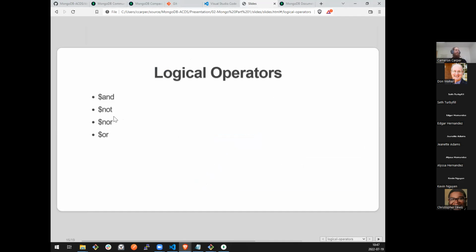Not is, again, a logical not. So you could say, is this clause true? I'll go back to age. I want to evaluate age greater than 30. We can wrap that in a not operator that will then invert it. If you're used to most programming languages, this would be the equivalent of putting an exclamation mark in front of a Boolean evaluation. Nor, I don't actually know a language that has a nor operator in it. Potentially I'm just ignorant of it, but I've not seen one.